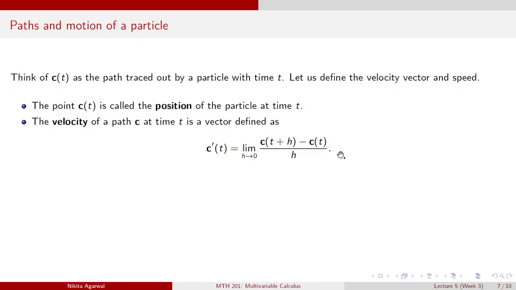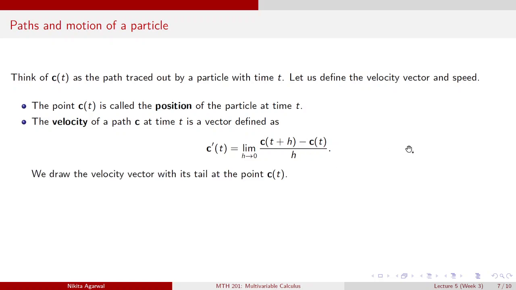And you divide by h, that means you are dividing each entry of the point by that h, right? And then you take the limit. So when you take the limit, you will take limit component wise. Okay, so C prime t is defined as limit h goes to 0, C of t plus h minus C of t by h,